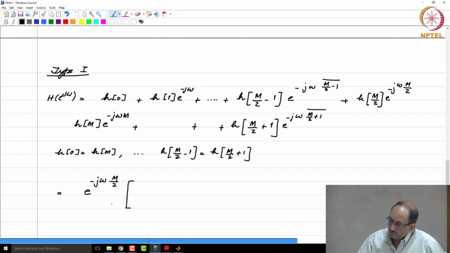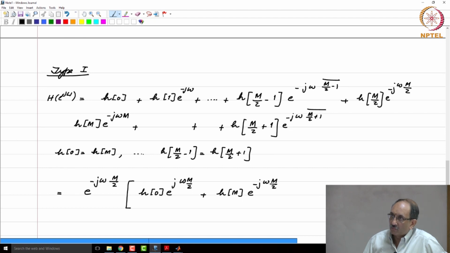So, now this becomes h of 0 times e to the j omega M by 2. If you focus on the last term, this is h of M times e to the minus j omega M by 2,